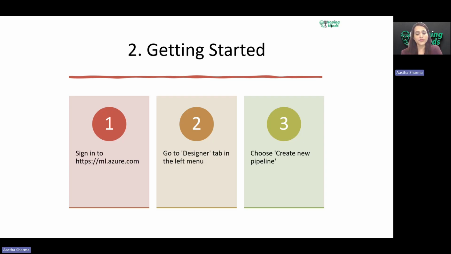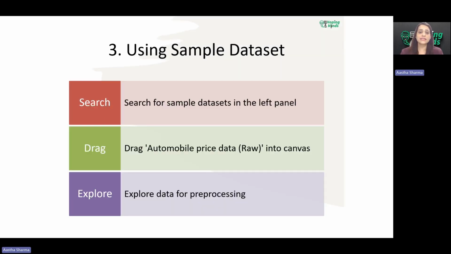As of now, I was working with the pay as you go model. Going ahead, let's see how we have actually done this using a simple sample data set, which was the Intro to Azure built-in sample data set, and you can explore much more. There are a lot of samples for a lot of kinds of machine learning.